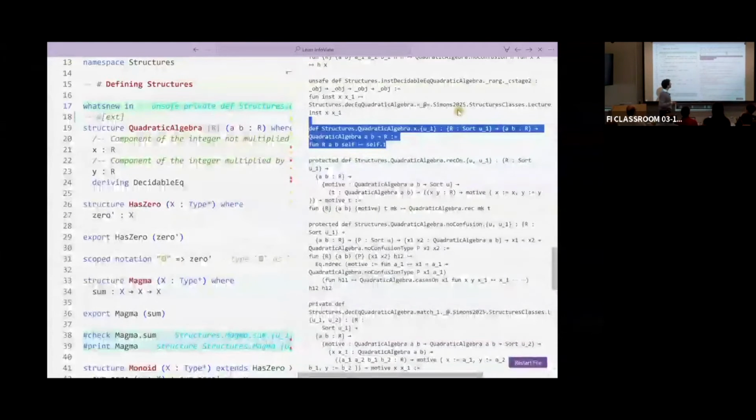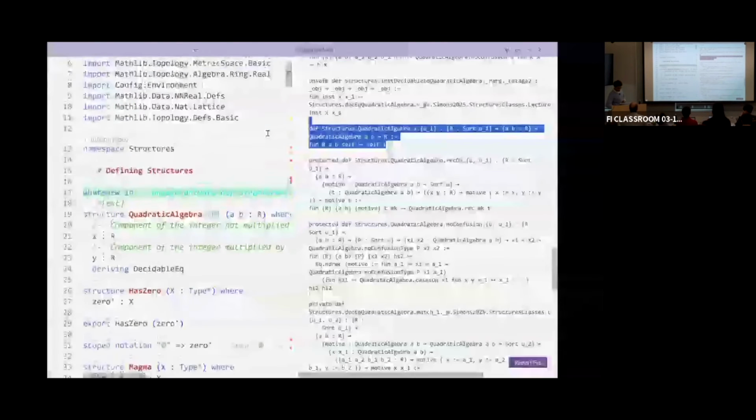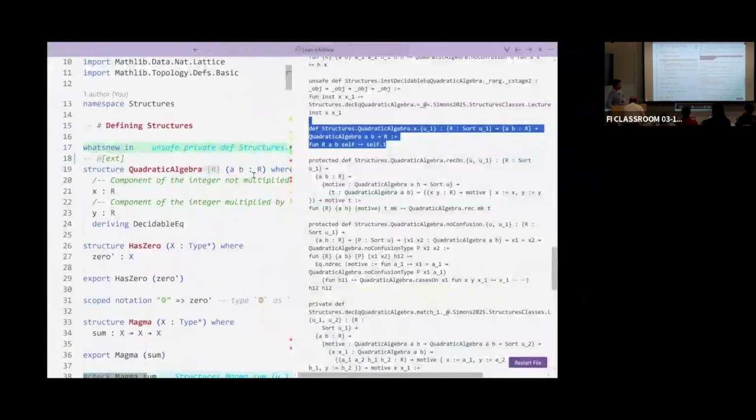Oh, the U1 is just because, as we said, everything lives in a certain universe. I've not fixed a universe level for R. If I had defined quadratic algebra only for rings in level 37, then there would not be this U1.